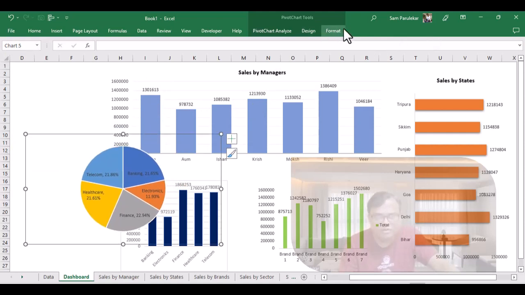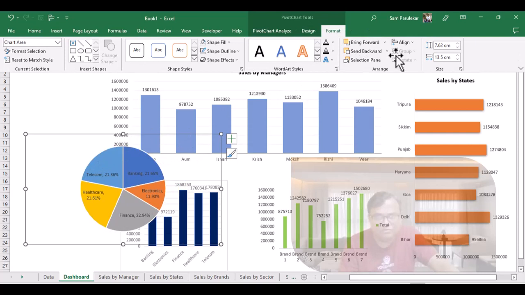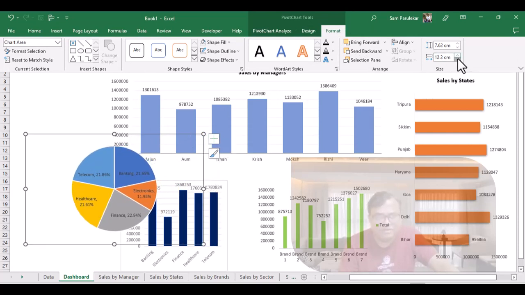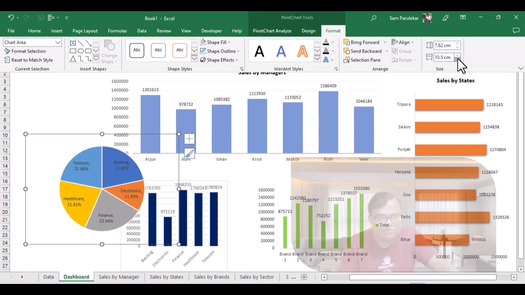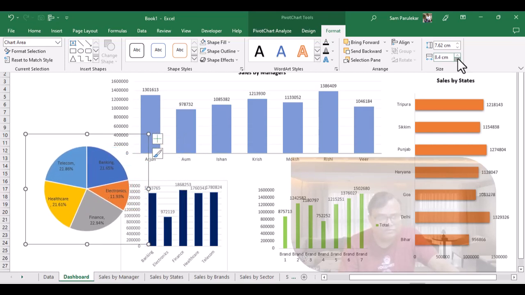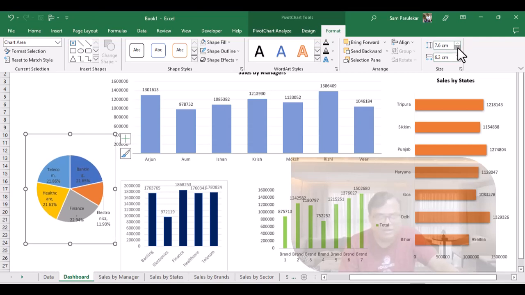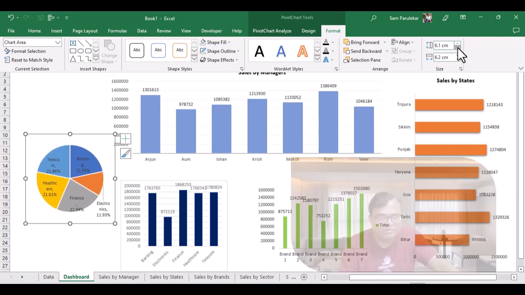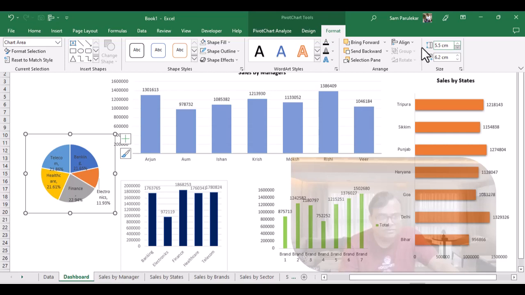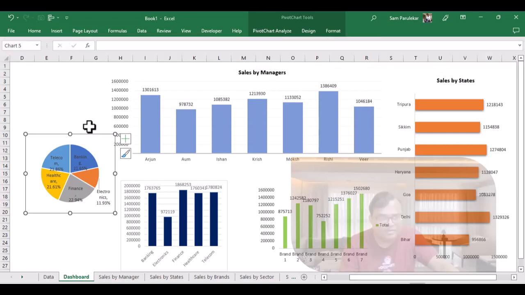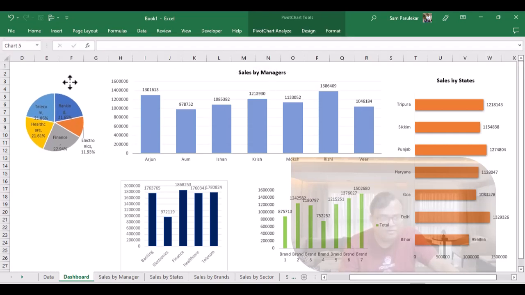So the overall width I want to reduce, so I click over here, and this will help me reduce the width. And the height. Okay, and then I bring this here,